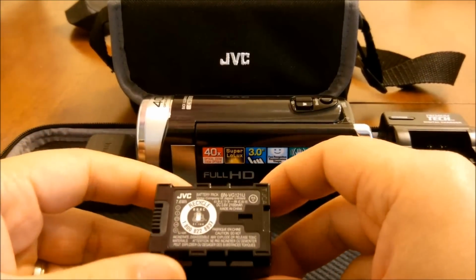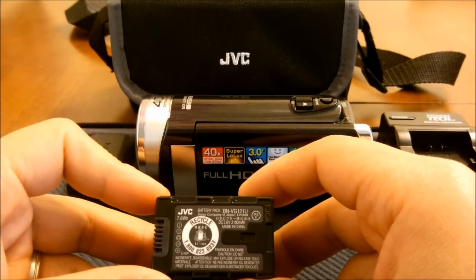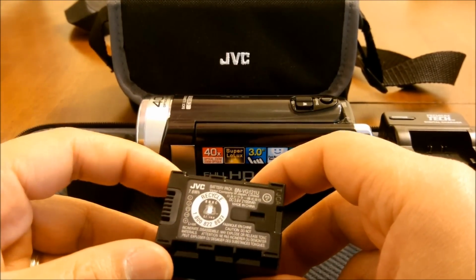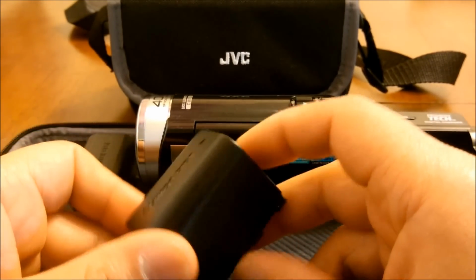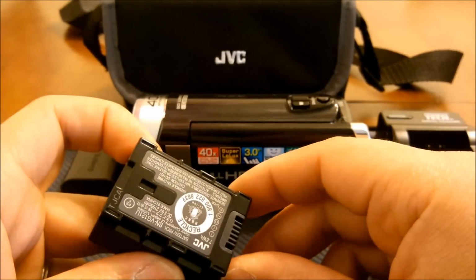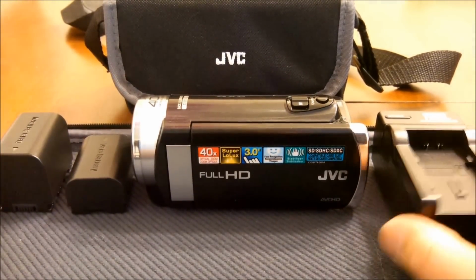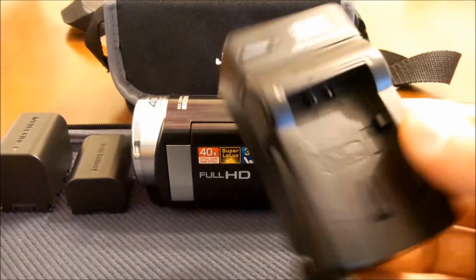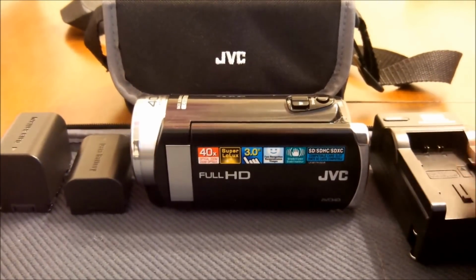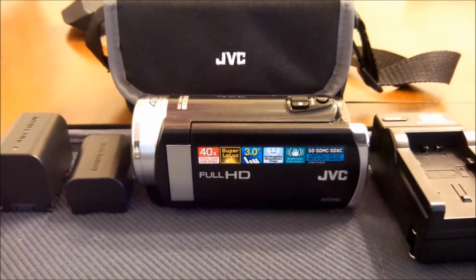This one is 2100 mAh. There's an actual higher one, about 3100 I think, for $80 and up. But this one I purchased at B&H for $61 total. It will give you a good 3 hours plus of recording time. I also purchased this battery charger for a little under $8 at Amazon.com, and included with it was a car adapter. Some highlights of this camcorder: